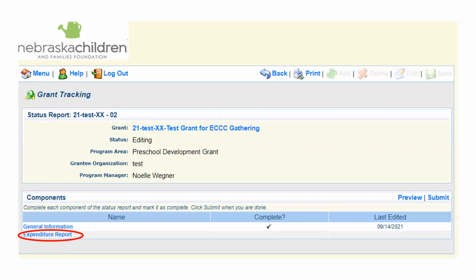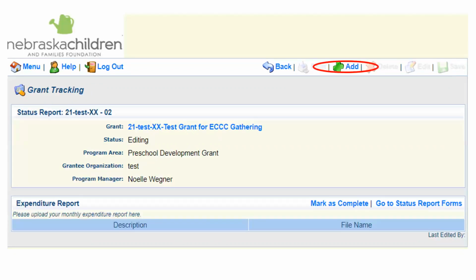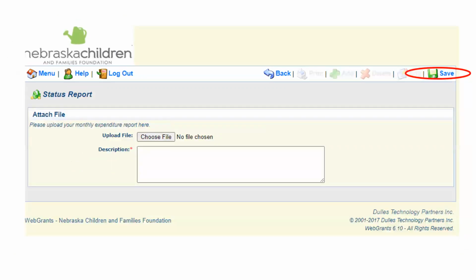You'll note that there is a series of clicking through before you get to the right spot. Please feel validated in how silly this is, but I promise we're almost there. Click on Expenditure Report. Now you will go up to the top and click Add. This one is probably self-explanatory, but you click Choose File and find wherever you saved it on your computer. Input a description such as April billing packet for Childcareville, then hit Save at the top.